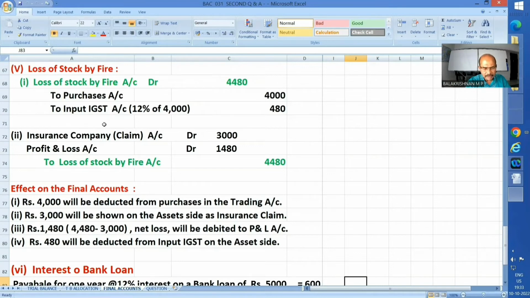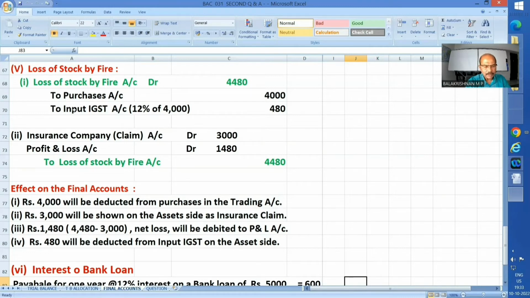We do it the same way in case of drawings, or purchased goods taken by the proprietor, and also purchased goods utilized for the purpose of advertisement, etc. Similar is the case here also. It is not applied. It cannot be applied for sale. It has been destroyed. Hence, I credited and reduced the value of purchase